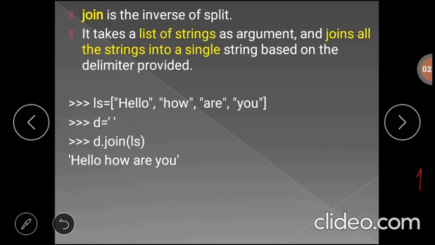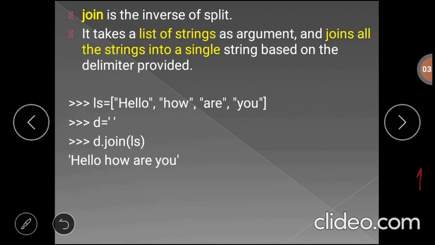Okay, we have one more method, that is join. Join is the inverse of split. This join, which behaves opposite to the split function, takes a list of strings as an argument and joins all the strings into a single string based on the delimiter provided.